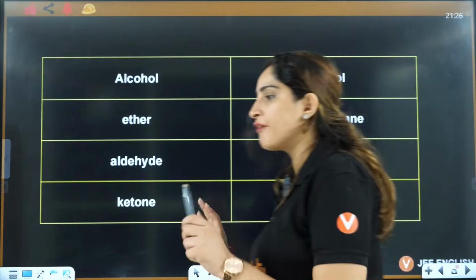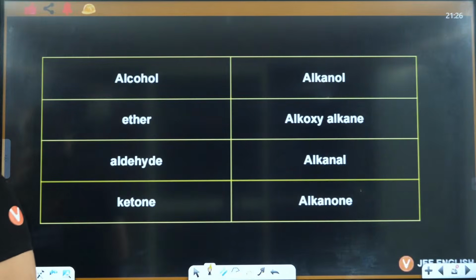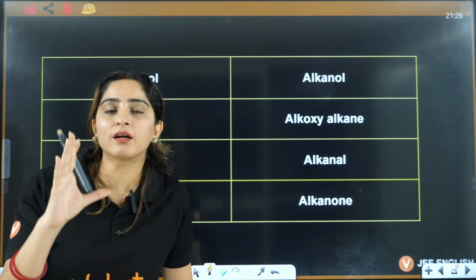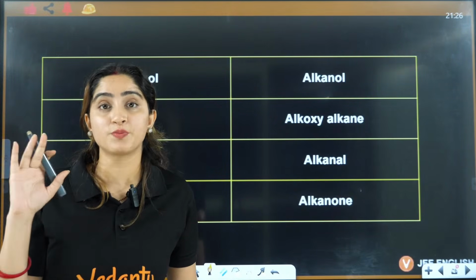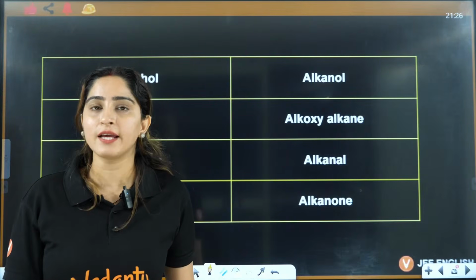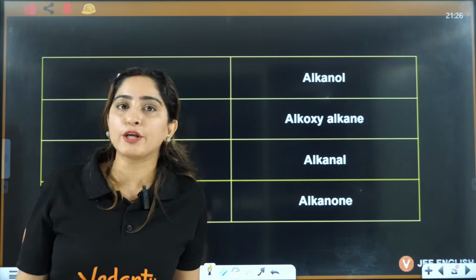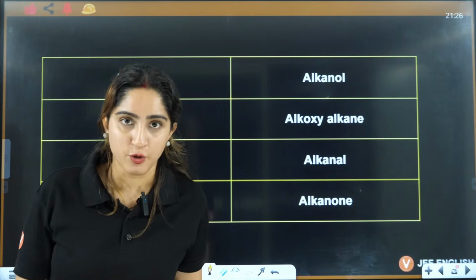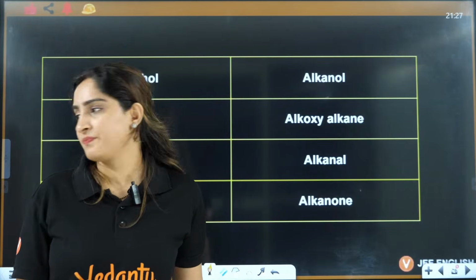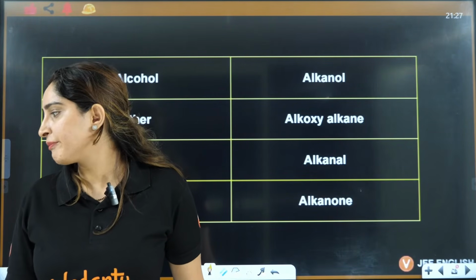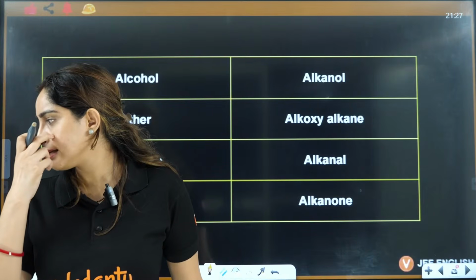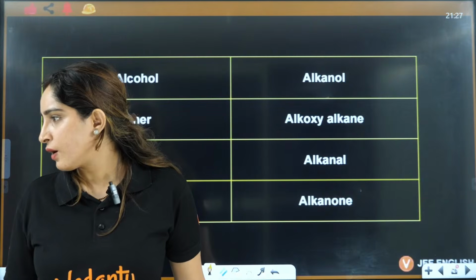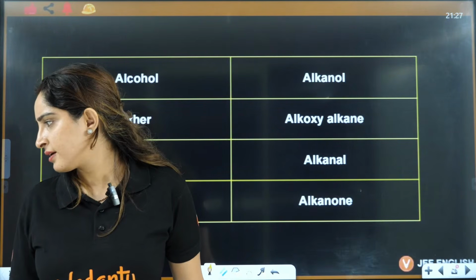Now we have done the case when you have a single functional group. Now we will move towards multiple functional groups in a compound. Polyfunctional groups in a compound, and that is very interesting. If they ask you just the IUPAC naming, most probably they will ask from polyfunctional groups. That is also very simple, right? Do let me know if that is clear. Any problem till here?